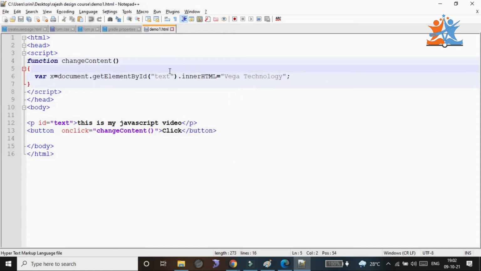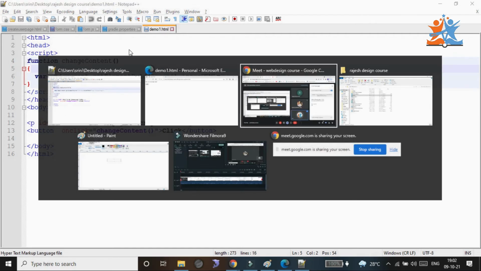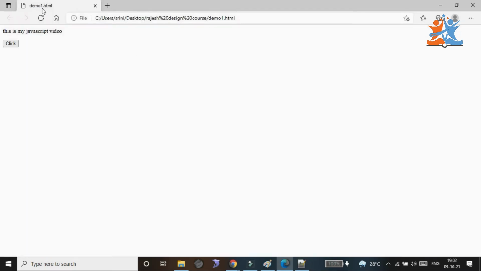So this is the procedure we can do with the help of JavaScript. This is the basic funda of how JavaScript communicates with HTML. If you hit on the Vega technology and reload the previous content, we will get back to it, and if you click it, it will change to the Vega technology. Yes, this is how we need to use JavaScript.